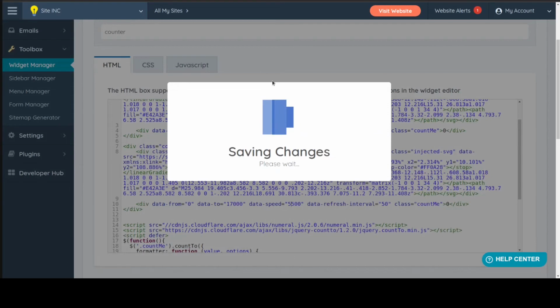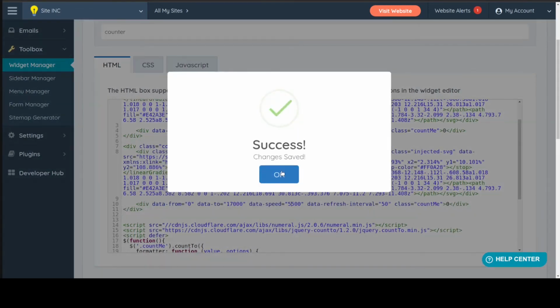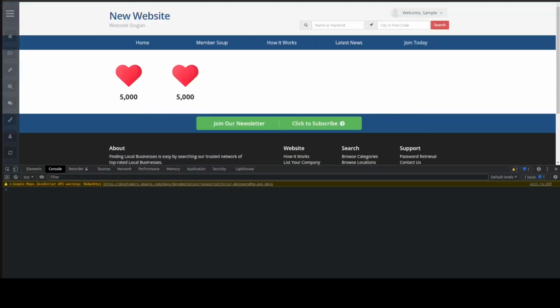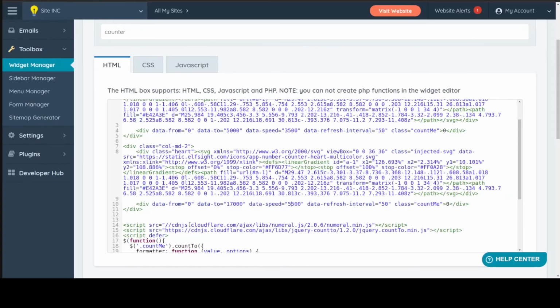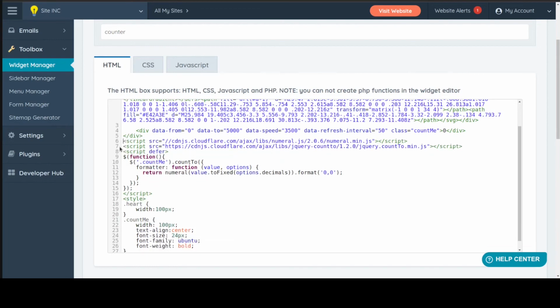Okay. And they could be different things. How many members you have, how many visits they've had, and so on and so forth. So just press this. You get my point there. See? They're working independently. So I'm just gonna put it back because now we need to go to the actual